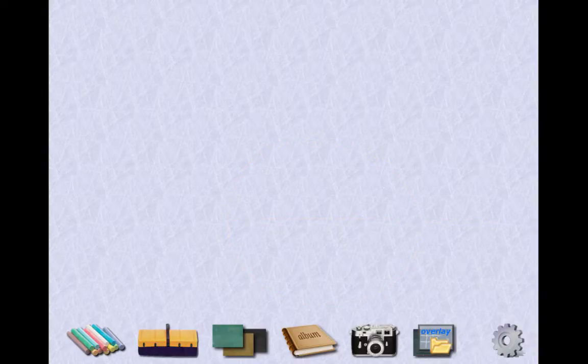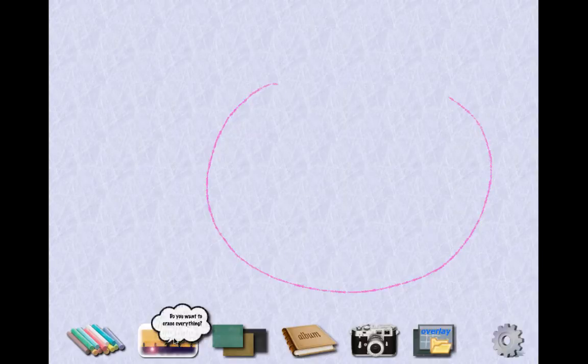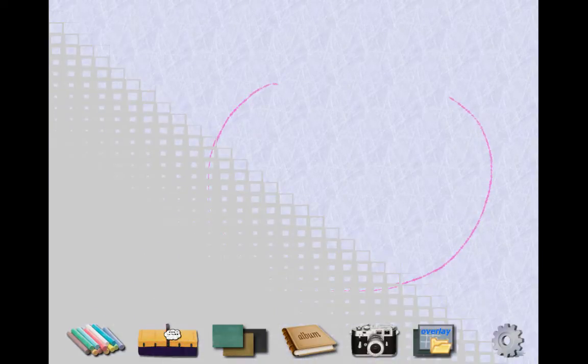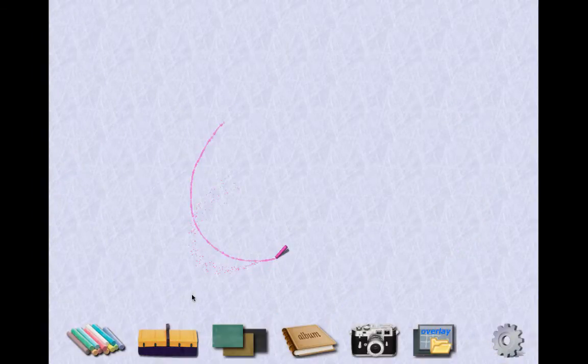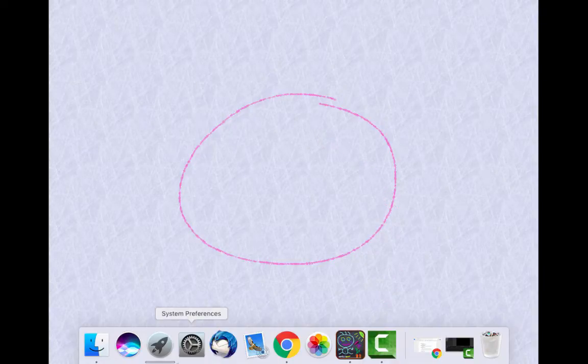Try to get this tablet to work a little better for me. Still an egg. It seems that wherever I start on this tablet, it decides is the end of the world. So let me just kind of start in that corner and see. That's a terrible circle, but we're going to pretend it's a circle. So move your mind into the universe where that's a circle.